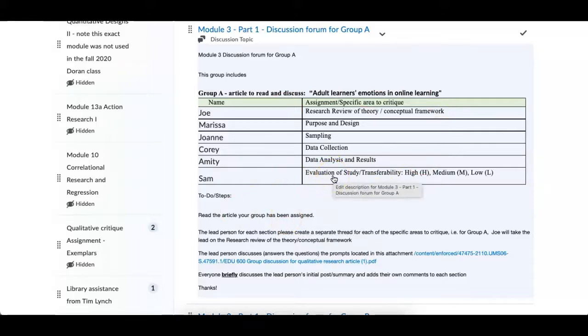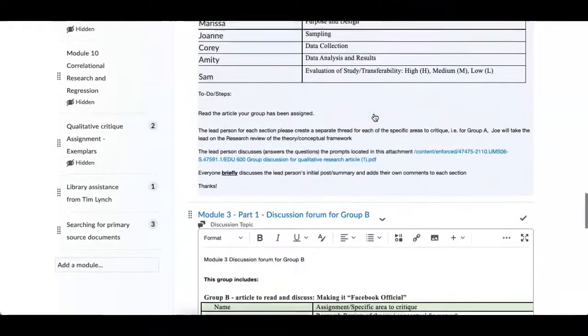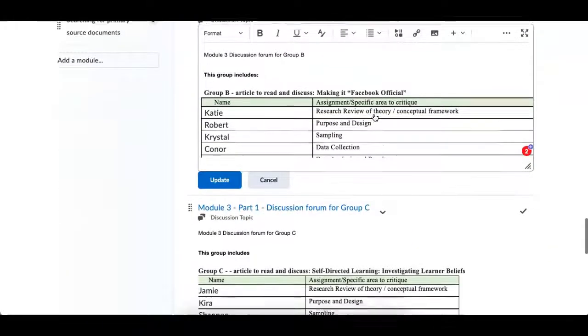When it comes down to writing your qualitative critique, you still have to write your own sections. But Joe, being that he wrote the Research Review and Theory, he can use that in his paper. So I'll have more on that next weekend. So that's Group A, Group B,